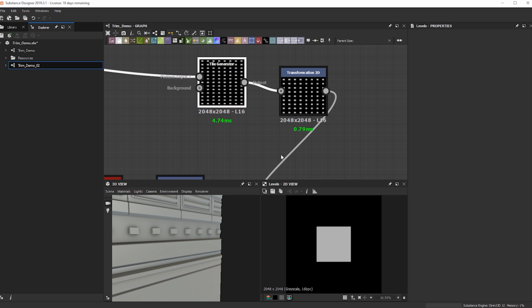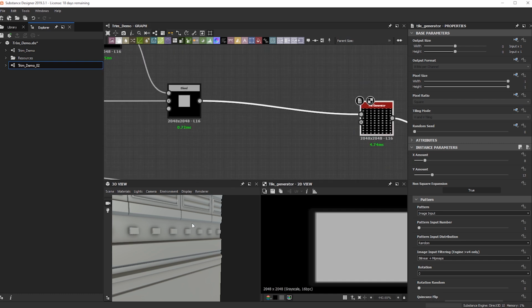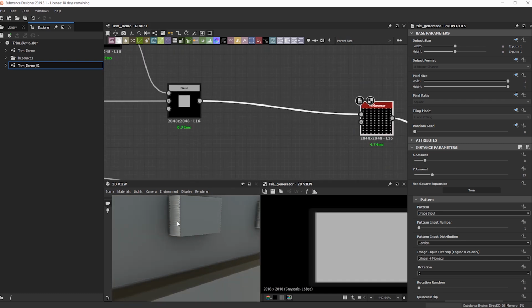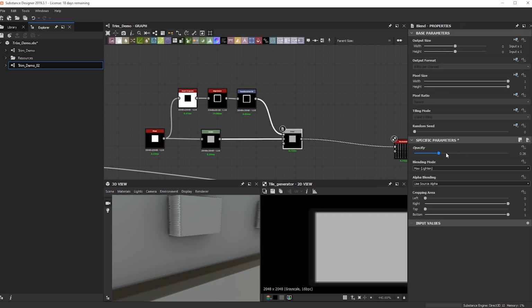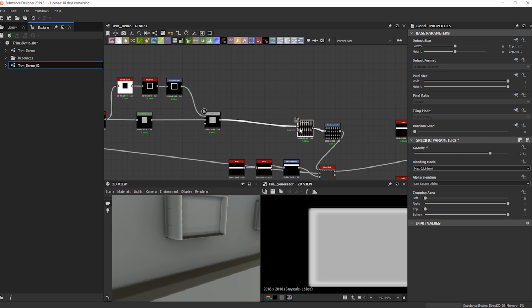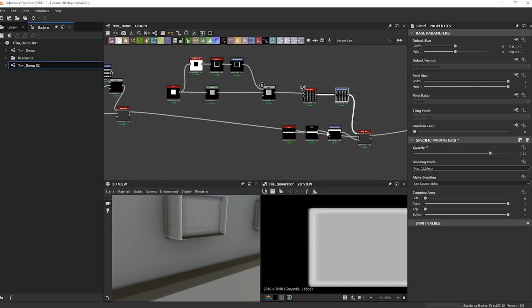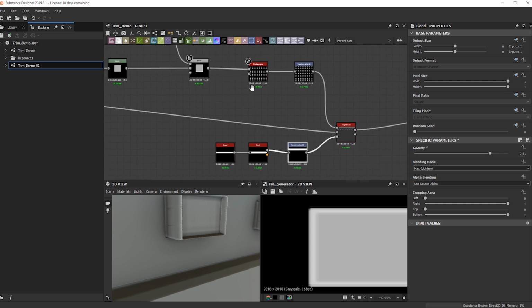See what this is giving us currently. Let's actually bring this guy up. Okay. What I can do here is I'm going to look at this mask that we have going on here.